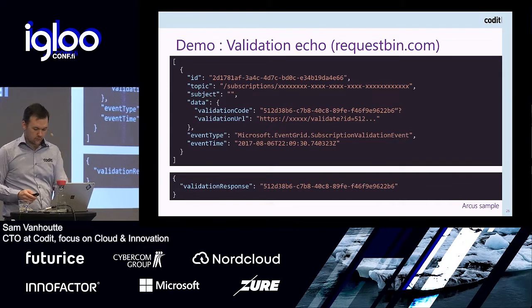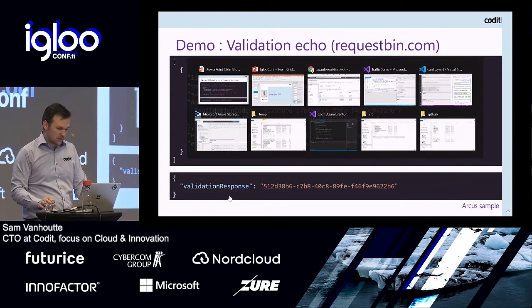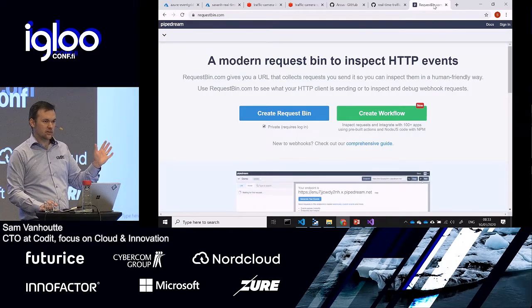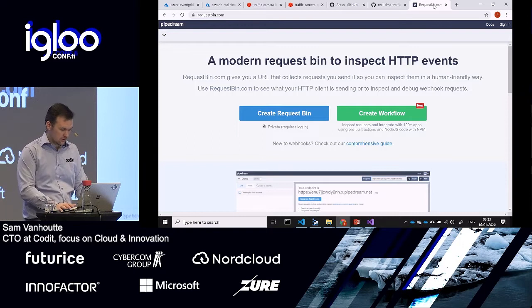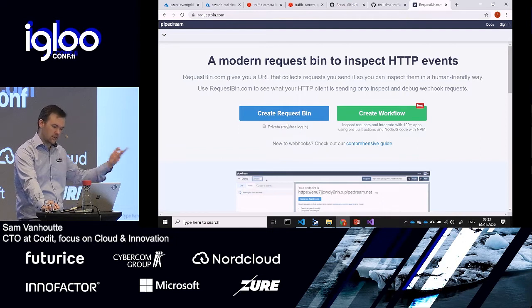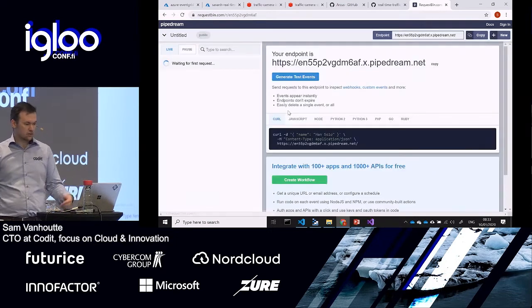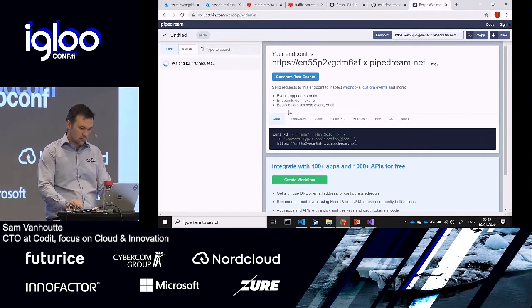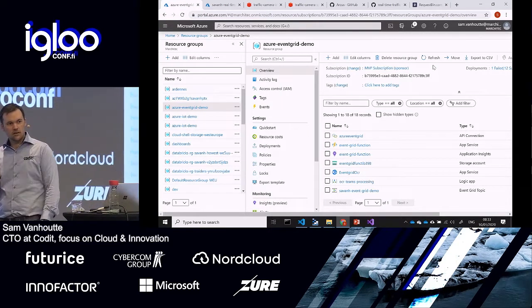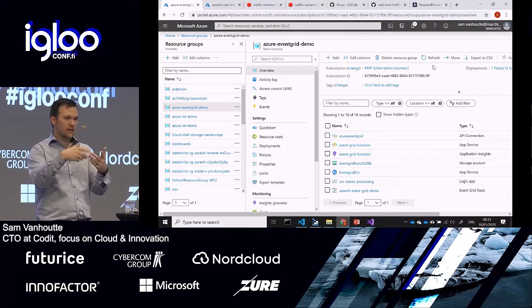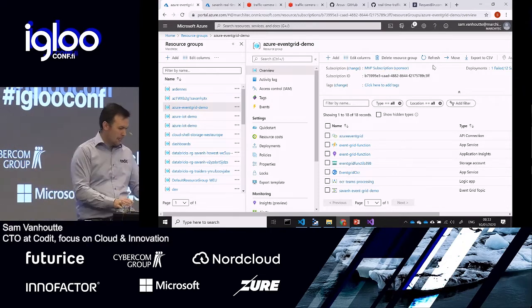Okay? So the way I will demonstrate this is with RequestBin. People use and know RequestBin, I hope. If not, this is a free tip. With RequestBin, you can create a request bin. I will not do the private one because then you have to log in. And this is now just an endpoint. Of course, people can now start sending to this. Let's not do that. But this web endpoint is something that I will use, and you can just start spitting events at it, and you can really monitor what happens. So it's like an inspector in the cloud.